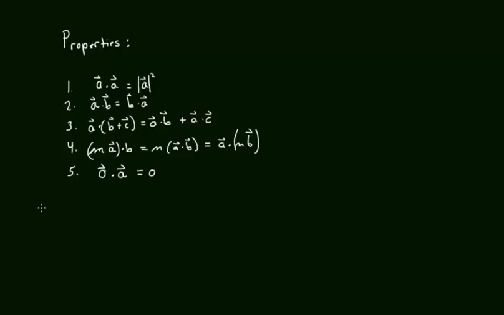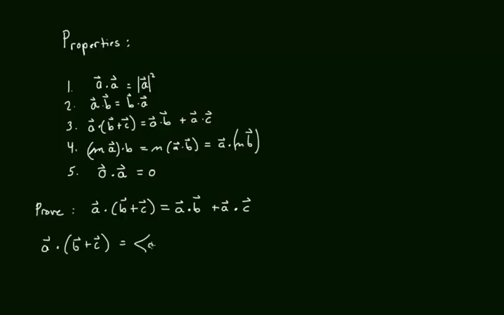We're going to prove property number 3. We're going to prove this kind of distributive looking property of the dot product. So it looks like this. Okay, we're going to use components to prove it. So we're going to say that vector A dot vector B plus vector C will equal, and I'm going to write it out in its components, A dot, now vector B plus vector C is going to be the sum of the corresponding components,